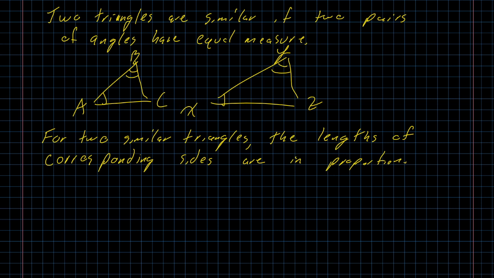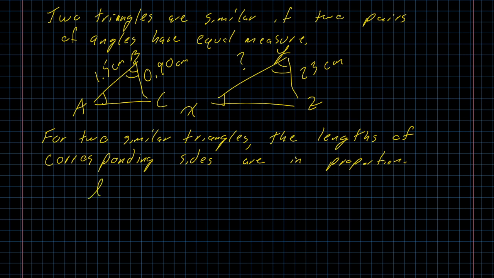So if on triangle ABC, I happen to know that this side is 1.5 centimeters and this side is 0.90 centimeters, and on triangle XYZ, the side over here is 23 centimeters, I can figure out that other side, because the corresponding sides, XY and YZ,